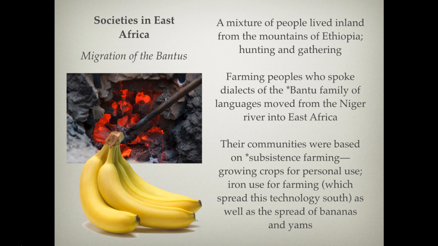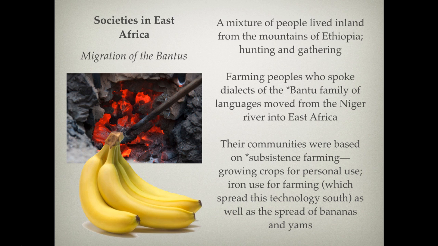You see farming peoples who spoke particular dialects, all connected to a particular language family called the Bantu. The Bantu family of languages really moved from the Niger River into eastern Africa, across that sub-Saharan territory. And it's really their communities that were based on subsistence farming. Now, subsistence farming is really the growing of crops for personal use. So they're not trying to create incredible civilizations through their farming or for their huge surplus,